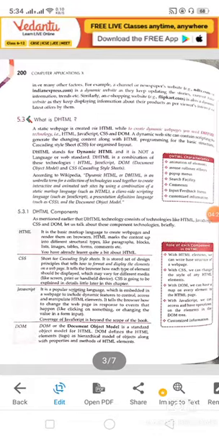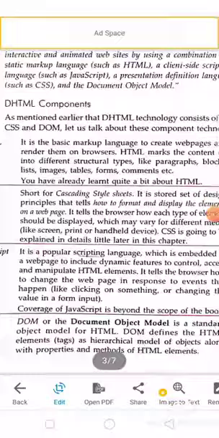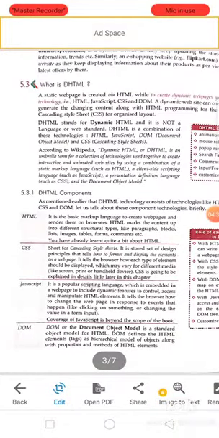Then what are these components? Let's discuss. HTML, as you know, is a markup language and we create web pages in it. HTML is known as a markup language because it marks the content up into different structural types. Like we have to decide this is a paragraph, this is a list, this is a table.